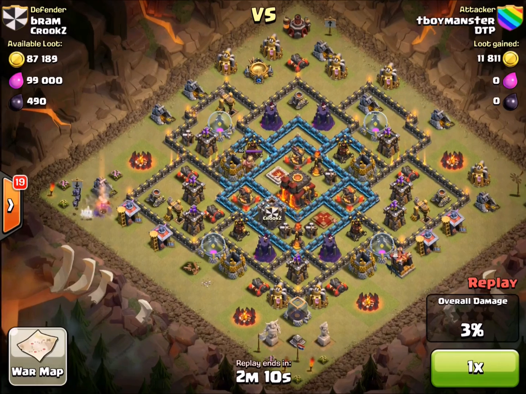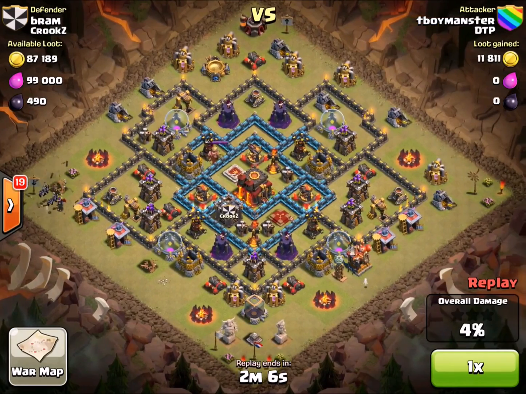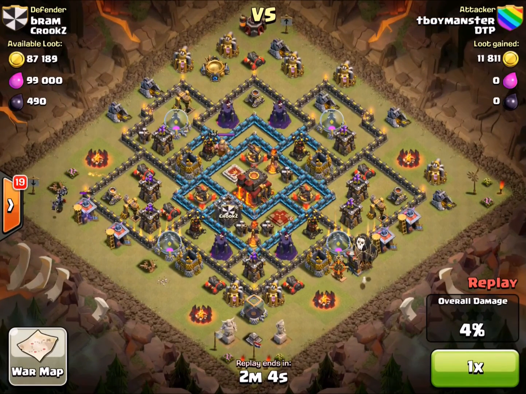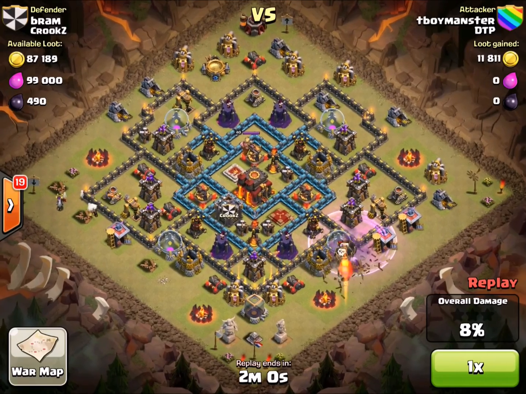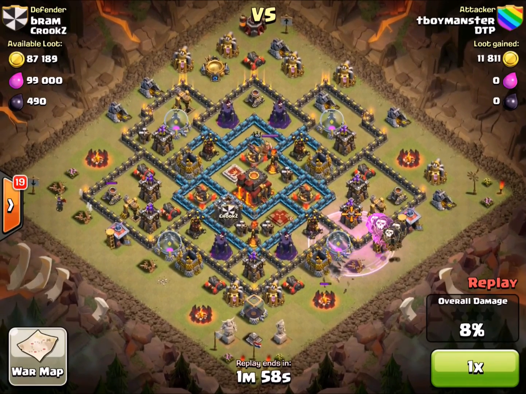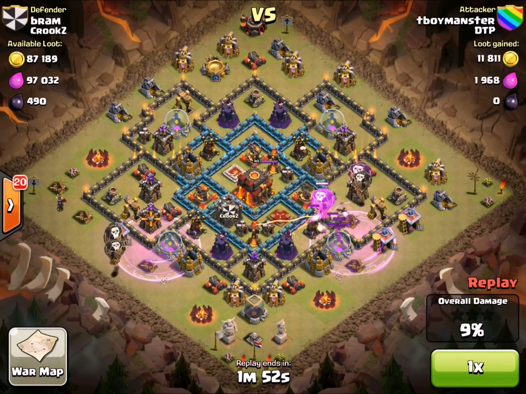And now for our last and final replay, we are with T-Boy attacking their top member Bram, and T-Boy is a Town Hall 9. He's going to be using the balloon and minion strategy. Now it's not the first time T-Boy has been attacking maxed out Town Hall 10s. He is a Town Hall 9 champion, so nice job T-Boy, and he is going to be 50%ing this guy